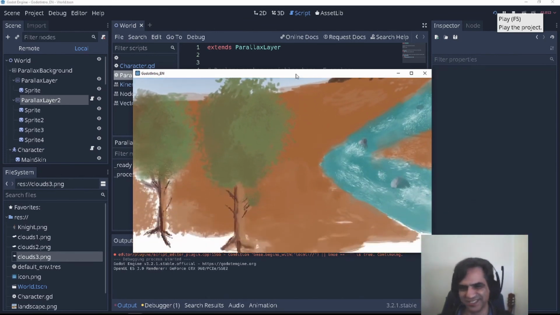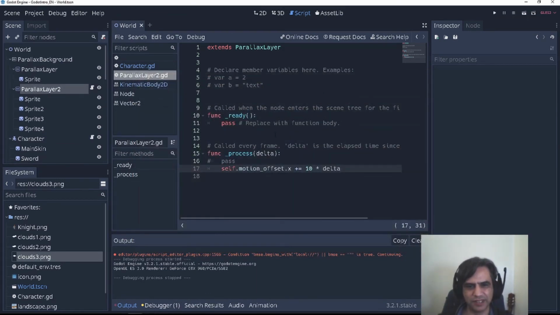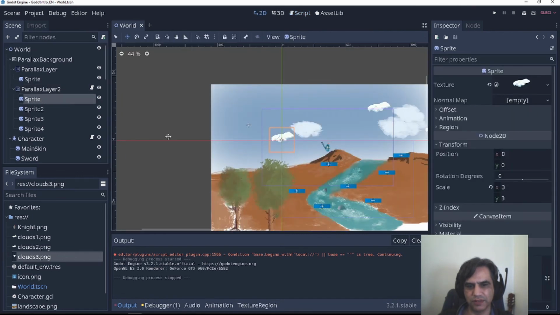But to be honest, what I would like is to have a factory of these sprites around here that generates new sprites with a timer.